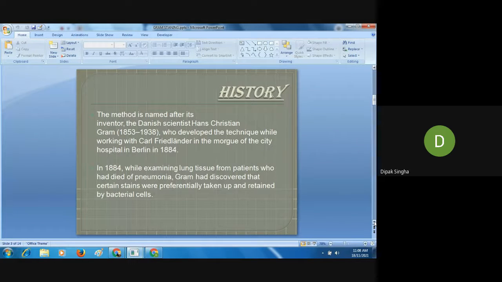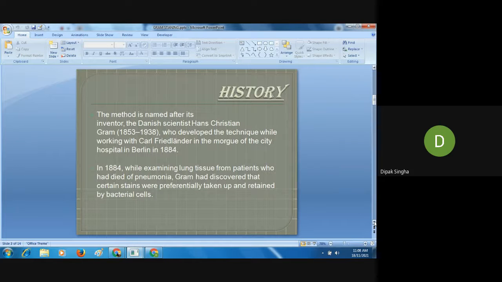At the time, pneumonia was a very severe disease. If a person suffered from pneumonia, chronic or acute, the mortality rate was very high. In the case of COVID also, there is first pneumonia, then respiratory failure. Pneumonia arrests the respiratory tract and finally death may occur. So at that time it was very difficult to survive pneumonia.